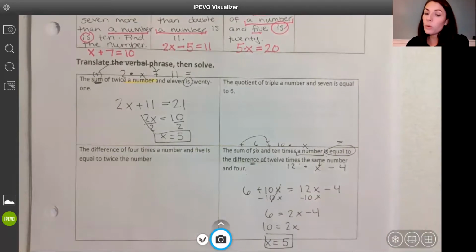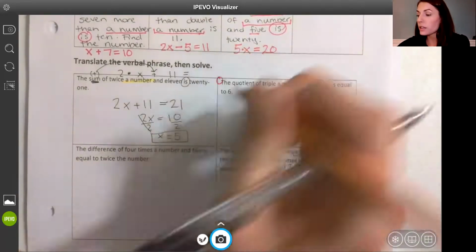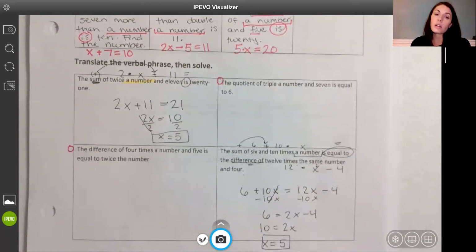Now what I want you to do is try the second and third example here and see if you can translate the words into an equation. That's really what I want you to focus on: can you translate the sentence into a linear equation? When you take an assessment with these skills, I'm not just looking for the answer. It's great if you can figure out what that number would be in your head, but you want to go through the process of translating the sentence into an equation, because that's going to be worth points on your assessment, is that skill of taking the words and writing an